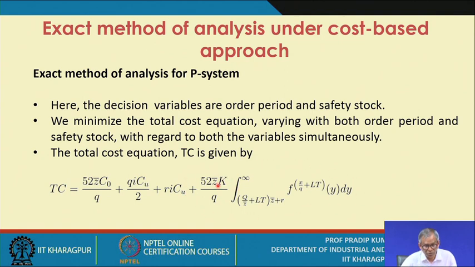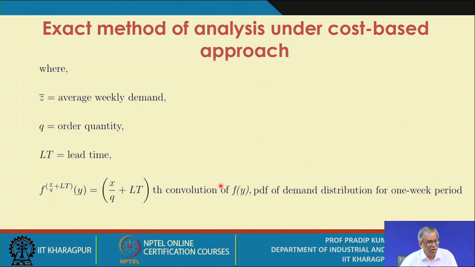Here we have assumed that this expression is the probability of going out of stock, and this is capital K, the fixed out of stock cost we have assumed. So all these details are here: Z bar is the average weekly demand, Q is the order quantity, LT is the demand, and these notations represent X by Q, plus LT,